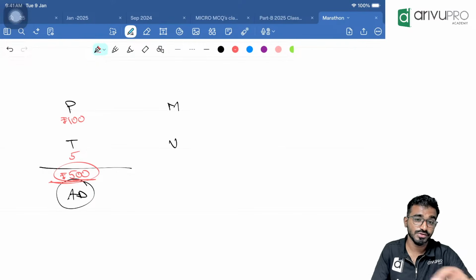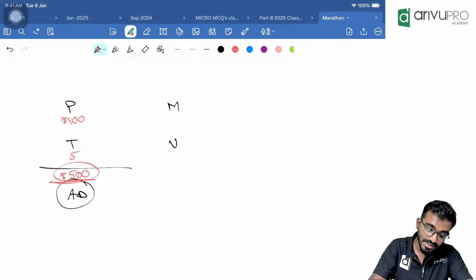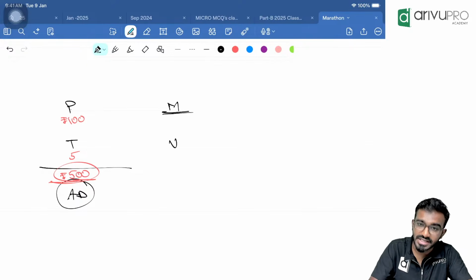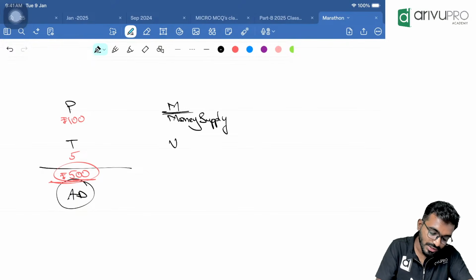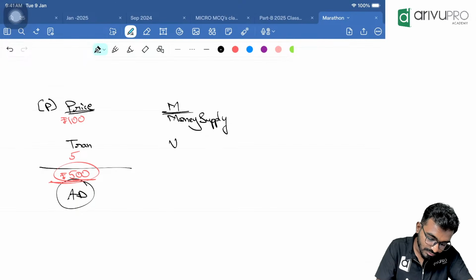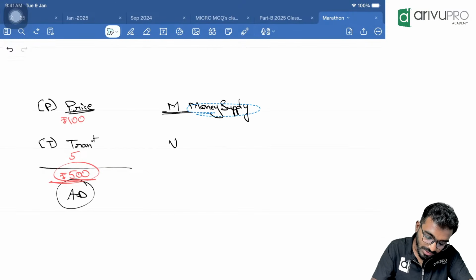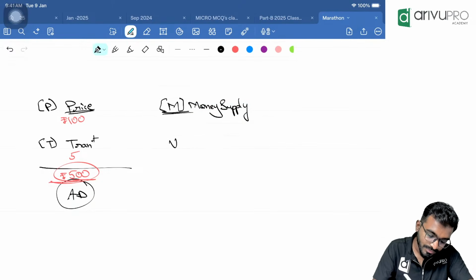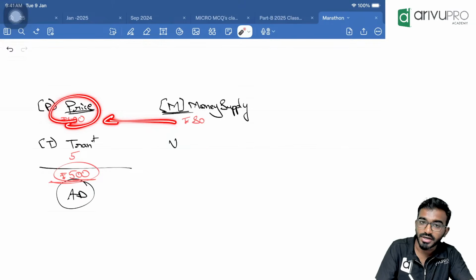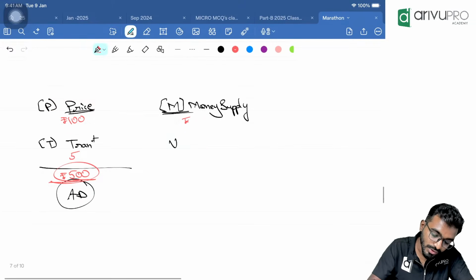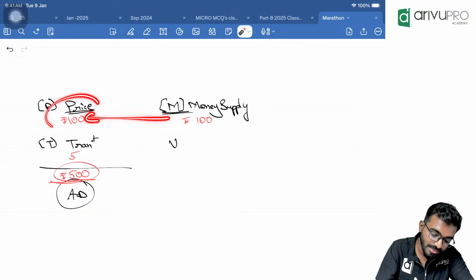But QTM never focuses on the demand side much. It will focus on the supply side. This M stands for the money in circulation. Consider it as money supply. P is the price. Here T is the transaction. The money supply, whatever is available in the economy, has a direct connection with the price level. Let's assume that in an economy, there is only 80 rupees available. If the product price is 100 rupees, how will they buy the product? So money supply should also become 100. Only if this is also 100, if price is 100, demand gets generated.